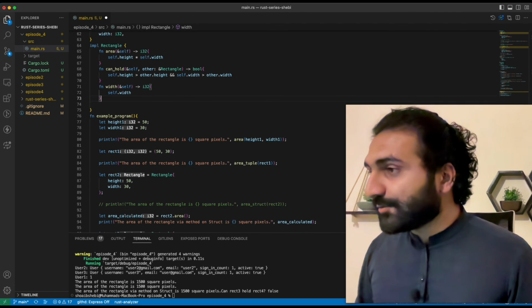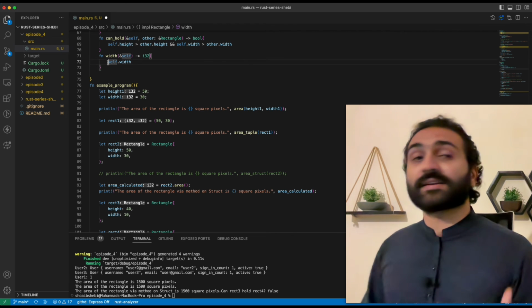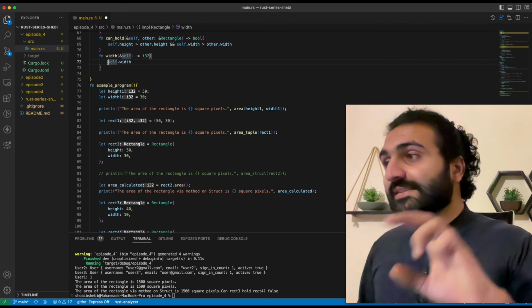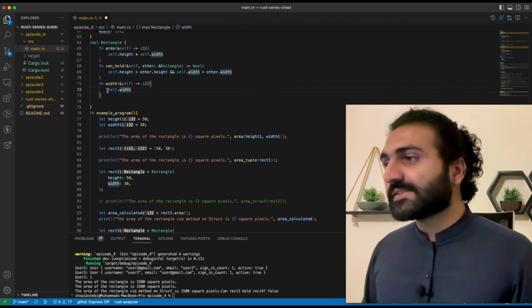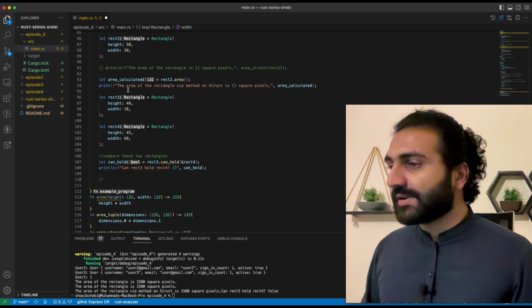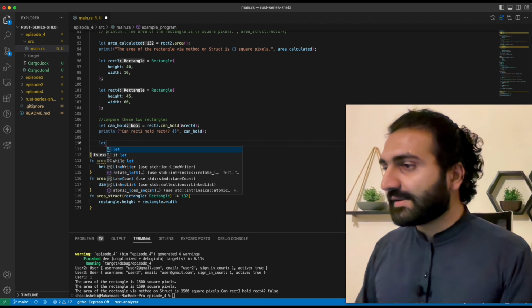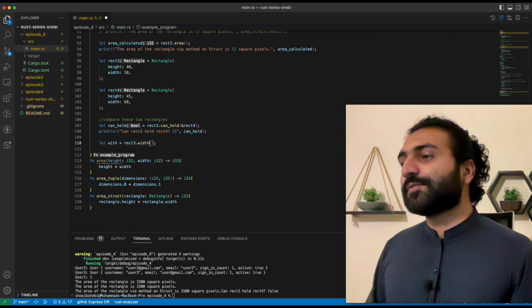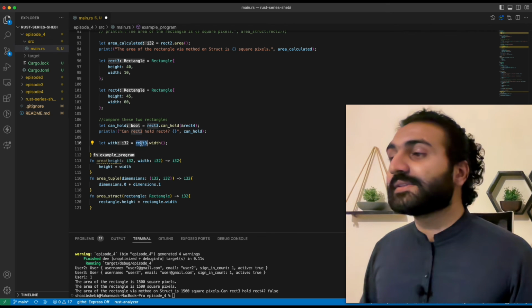What this method is doing is just returning the value, like a getter. What a getter method does is just return the current value of the struct. So it is just returning the width. If we call this method out here, like let width of rectangle 3, this will give you the width of this rectangle 3,